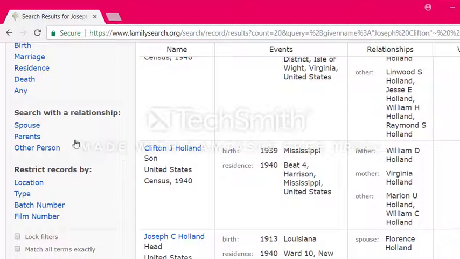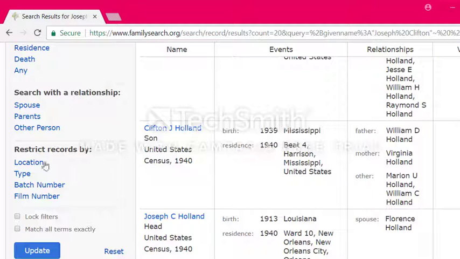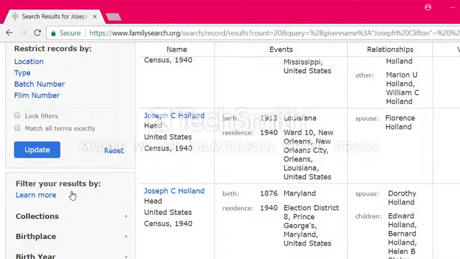You can find documents that link someone with a spouse or parents or a sibling. You can also narrow your search by only saying, I only want to see records that were created in a certain place, or you can restrict, say I only want to see census records, and down here at the bottom